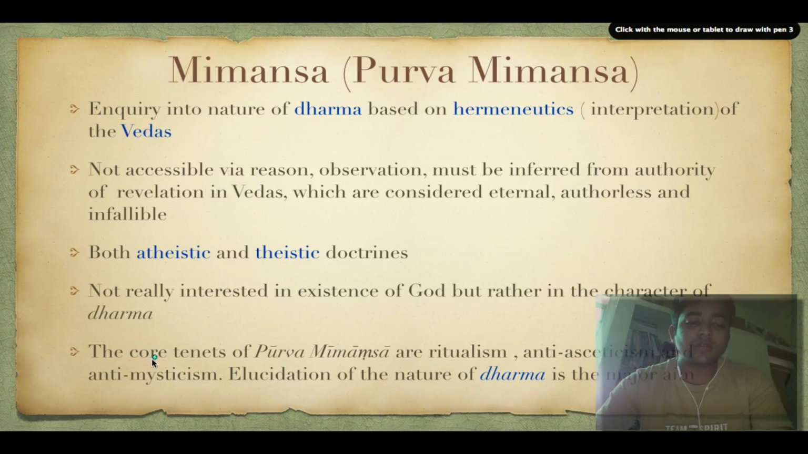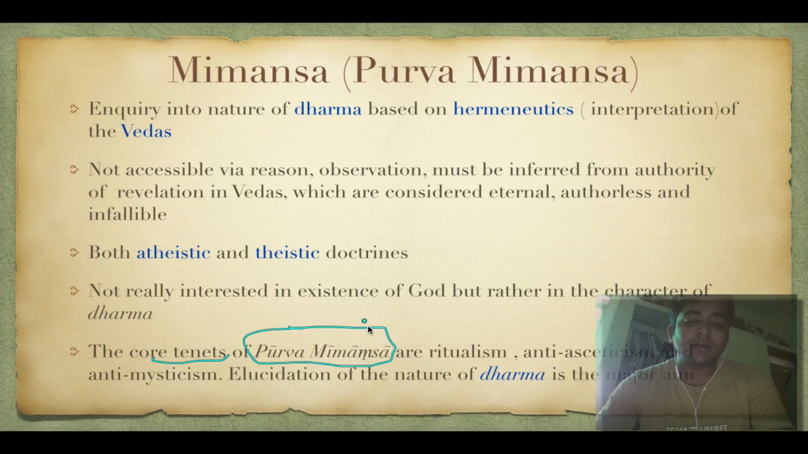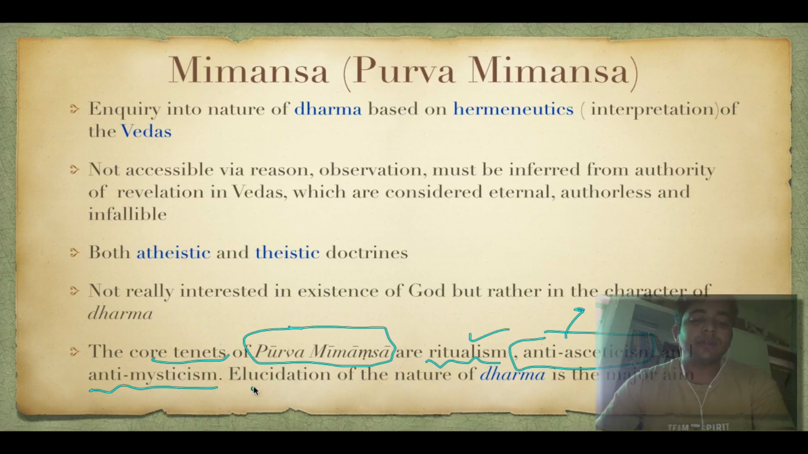Then the core tenets of Purva Mimansa or Mimansa school are ritualism and anti-asceticism. They do not believe in the philosophy of going to the forest and enjoying yourself. They do not want you to leave society. They are against asceticism, against mysticism, snake charmers and potions, and against all of these things. So elucidation of the nature of dharma is the major aim of this school, that is Mimansa or